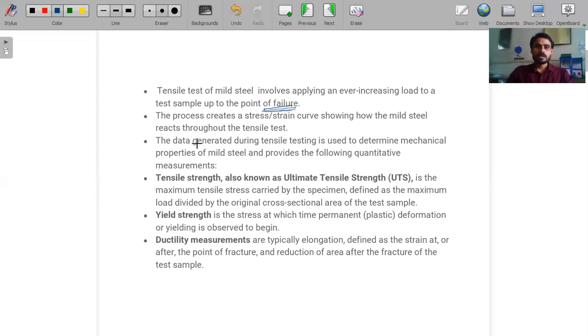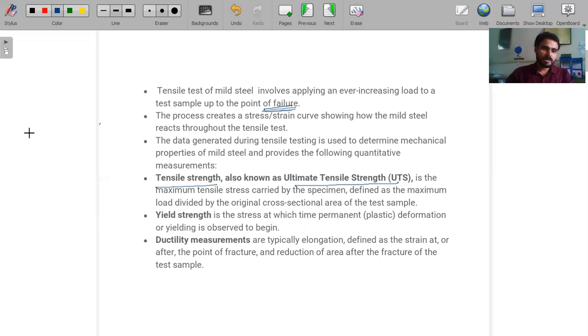In this process, we analyze the stress versus strain relationship of that material. Especially we call it strain versus stress; first of all we get strain, then we get stress. After plotting the stress strain profile, we can identify n number of properties related to that material, like tensile strength or ultimate tensile strength, UTS. What is the ultimate tensile strength? The maximum stress any material can produce is called ultimate tensile strength.